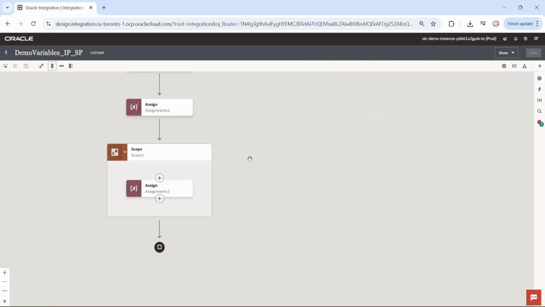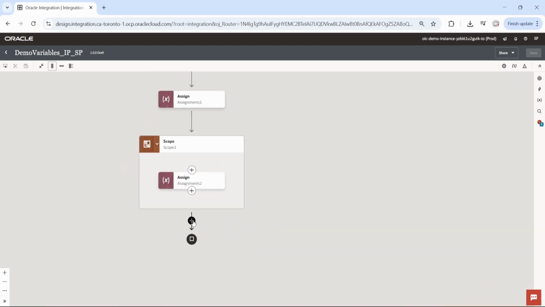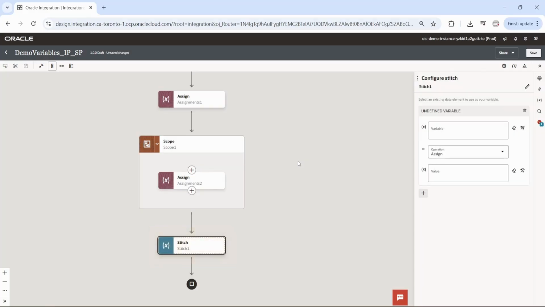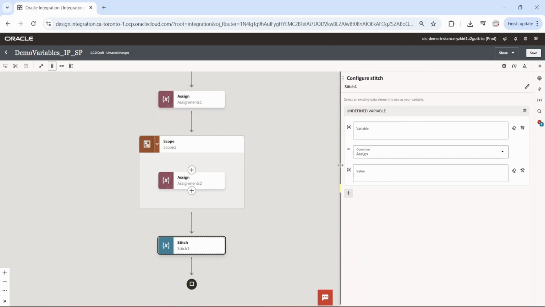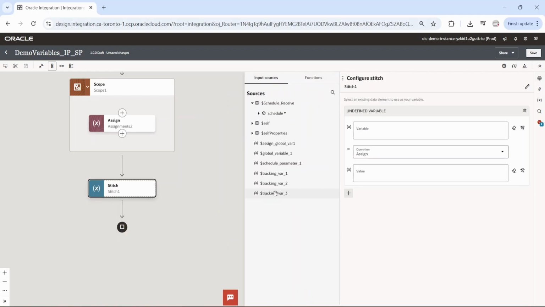And now just to show you that this local variable will not be available outside the scope, let me come here. There is an action called data stitch. It's something similar to assign, but you can assign, append, and remove. There are multiple features to it. Maybe I'll use it later on in some video and I'll explain how it works. Now in this, just to show you, under variables you don't see the local variable here. If I say browse data, we cannot see the assign local variable that we created,